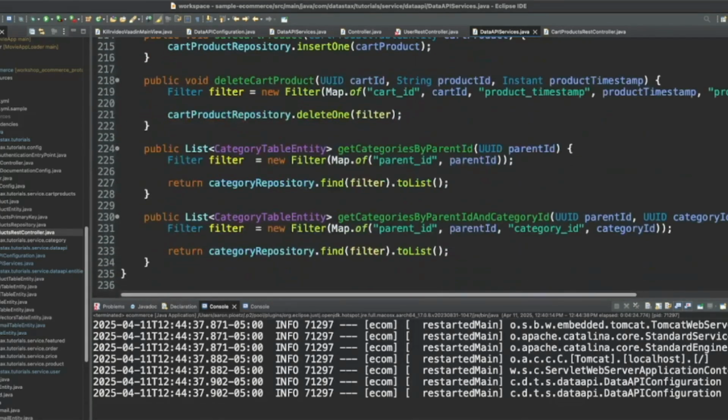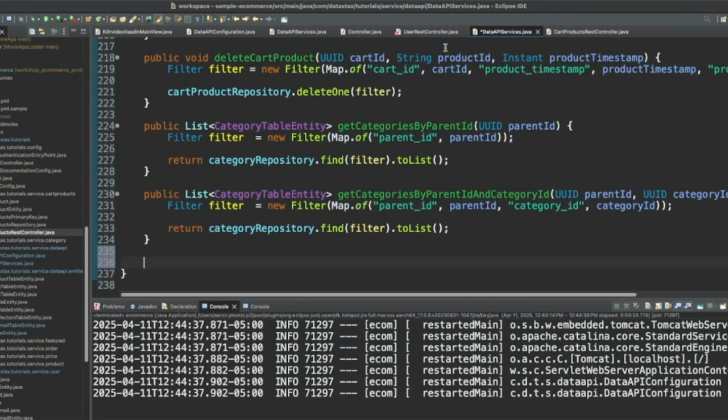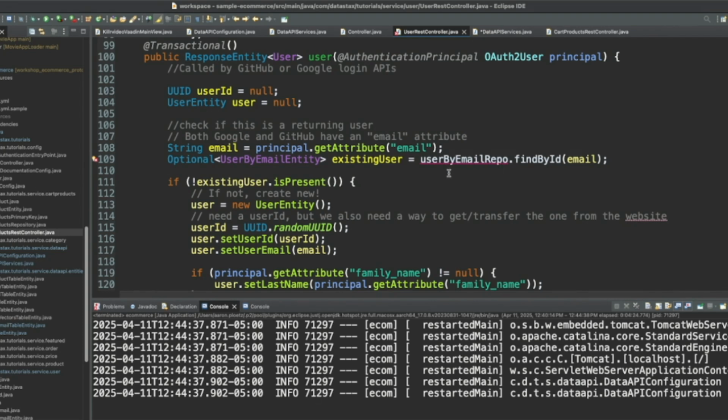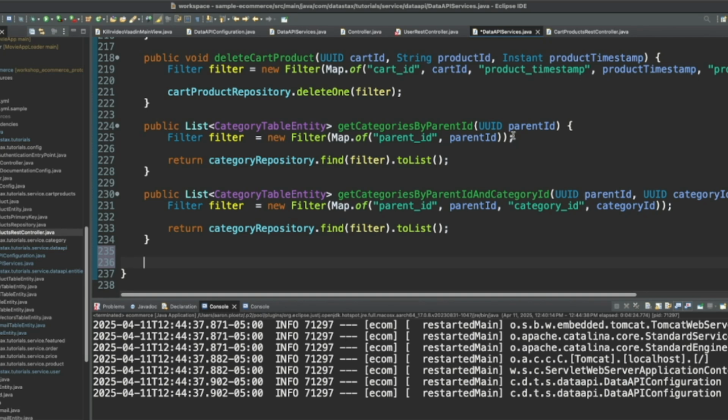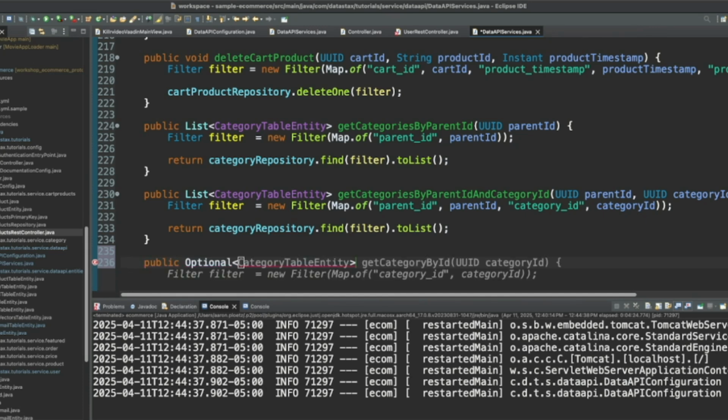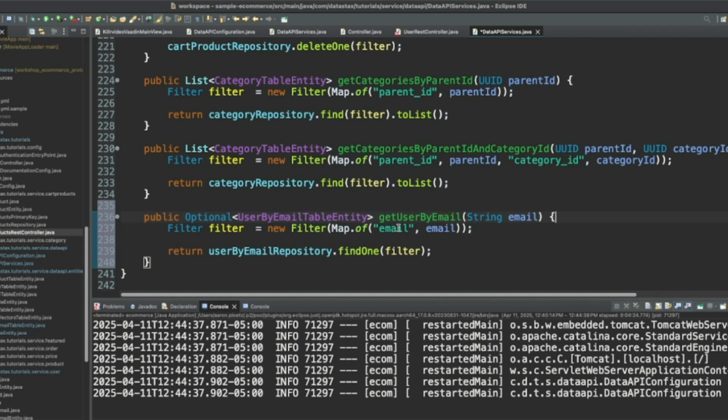So if we go all the way to the bottom then, let's go ahead and start putting our methods in here. So here's what we need. We need user by email, find by ID. All right, so public optional, and we want to say user by email table entity, get user by email, and we're creating a new filter, map of email, and then returning that.